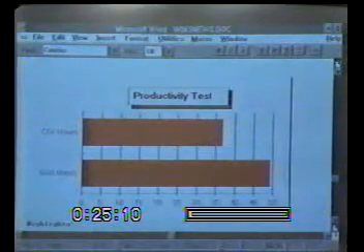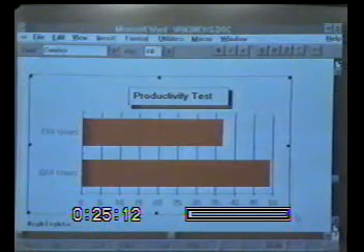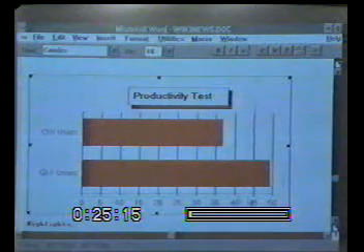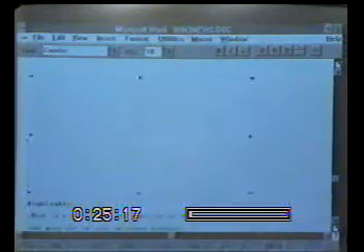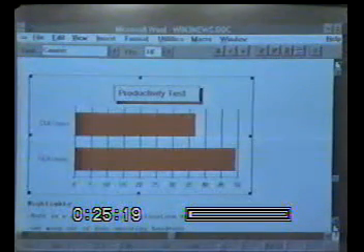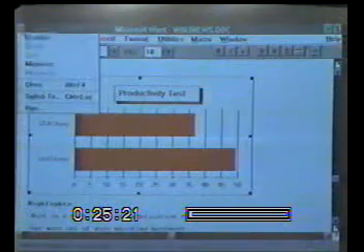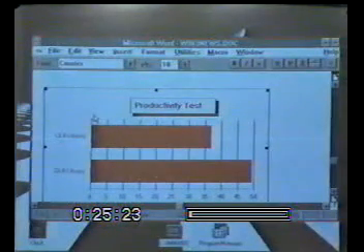Okay, and here's the chart that we created. I can select the chart and easily modify it. Say I wanted to scale it. Okay, I can easily do that. And one of the really nice things about this is that if I now bring up both of those applications side by side,